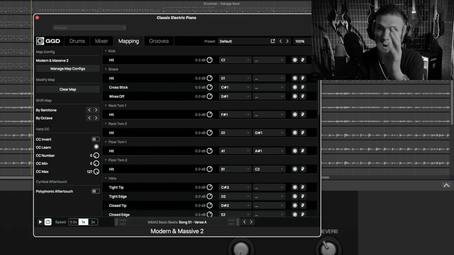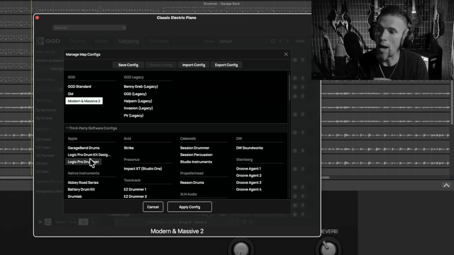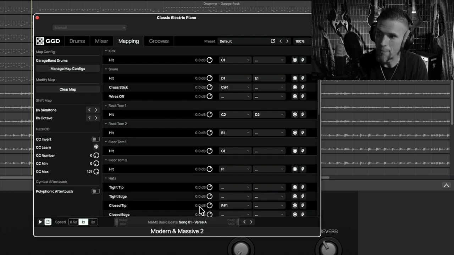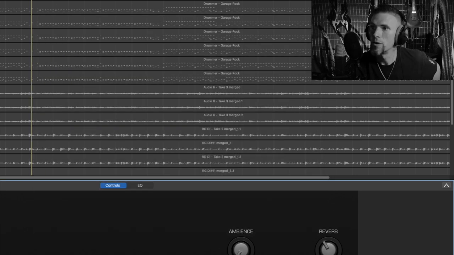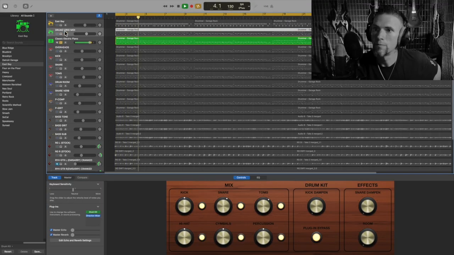I know this is from GarageBand's drummer, even though I burnt it to MIDI and I'm using East Bay Drum Kit. You want to go over to here and manage map configurations, and you can see right here it's on Modern Massive, and that's the factory settings, but I'm actually using GarageBand drums. So you want to click it to this bad boy, hit apply, and let me show you what I mean now. It should play it correctly. Yep,